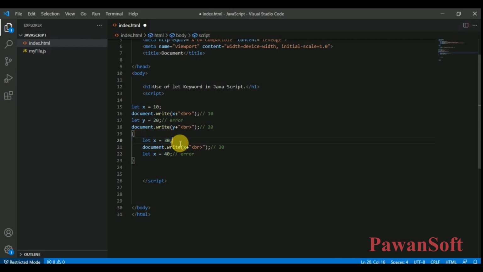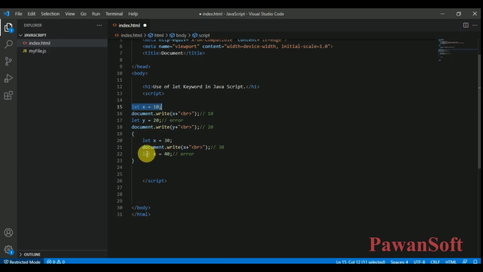This is a local variable because you are declaring the variable inside this block only. If you declare any variable inside a block or function, that is called a local variable. And if you declare any variable outside the block, it is a global variable, right?